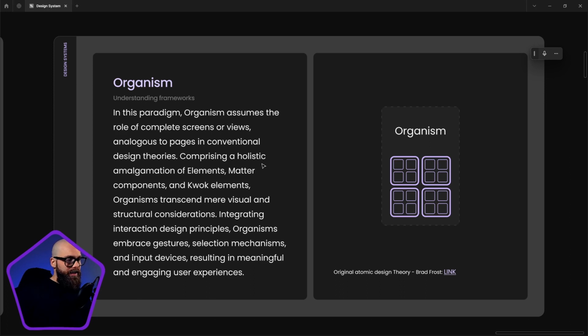The organism is an experience. It is a complete part of the product, or it is the complete product. But the organism can learn, grow, and adapt. You need to build and design these organisms that have the flexibility to respond to inputs and outputs, respond to user data, that can leverage every layer of the actual quirk addition framework